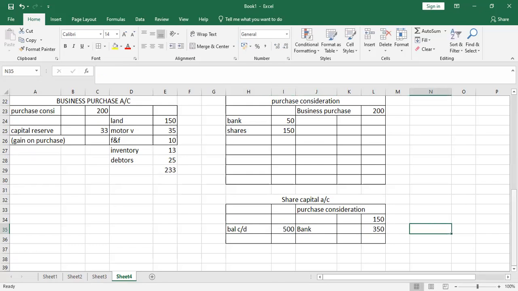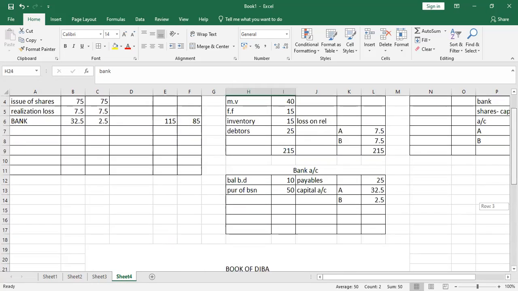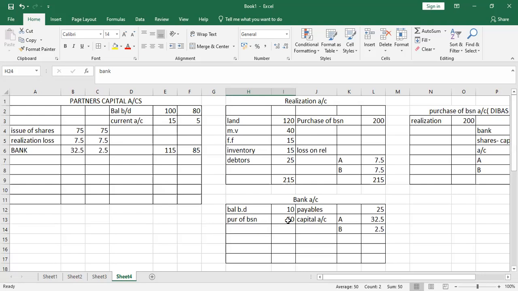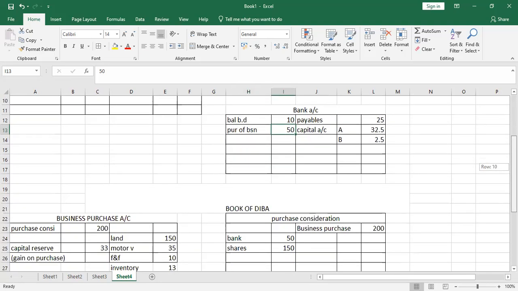Finally, our bank account. Let me not open it, but just see that our bank account will be debited with this 350 that we are collecting on issuance of shares. Then it will be credited with the 50 that we paid to the partners of A and B. When we had a partnership, there's money that was paid to them. The partnership is receiving, the company is paying. So when we open the bank account,